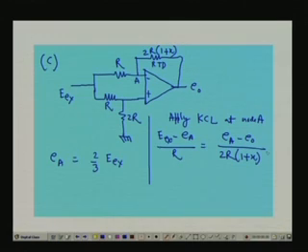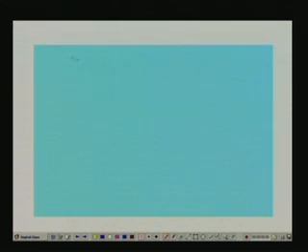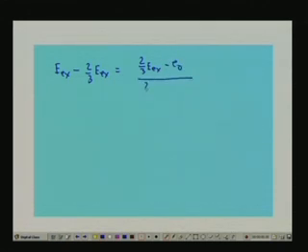Or, quite obviously, if I take a new page, I will write again: Ex minus 2 by 3 excitation equal to 2 by 3 times (Ex minus E naught) upon 2, times (1 plus X), or